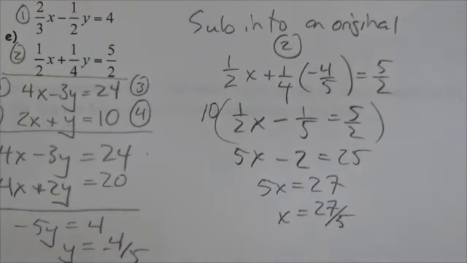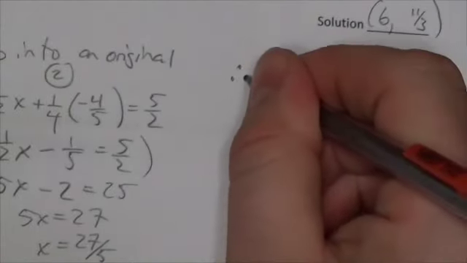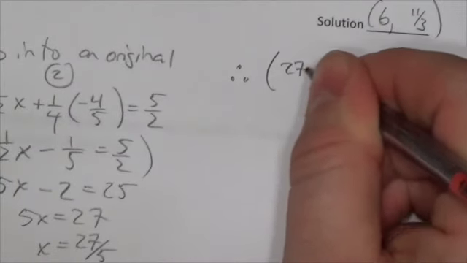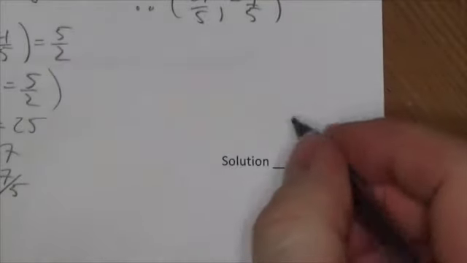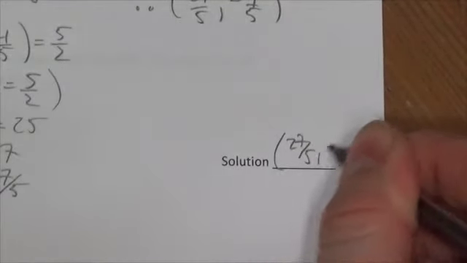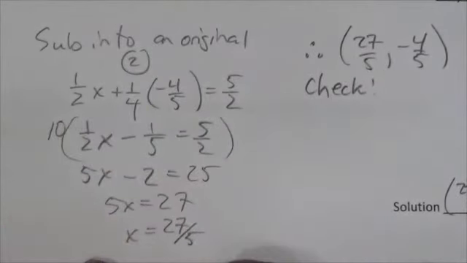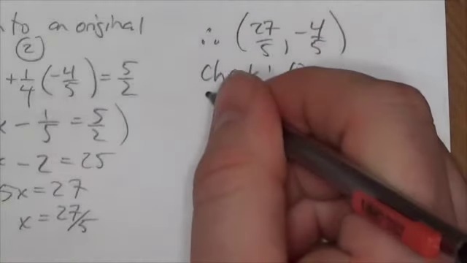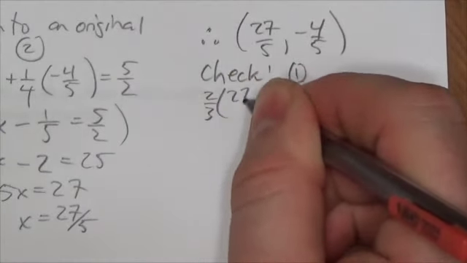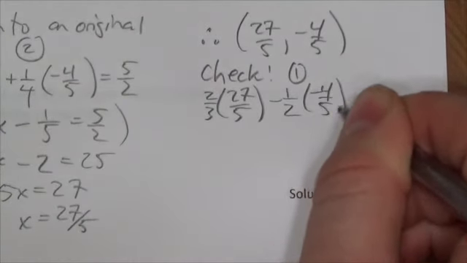Now that's kind of an ugly little number there, but that is okay. Okay, so here we go. Here's our solution. It's going to be 27/5, comma, negative 4/5. So I'll write that in my little solution section here, 27/5, negative 4/5. But now you know what? I'm going to check it. And because I used equation 2 to get that x coordinate, I'm going to check this in equation 1. So 2/3 of 27/5 minus 1/2 of negative 4/5 is,